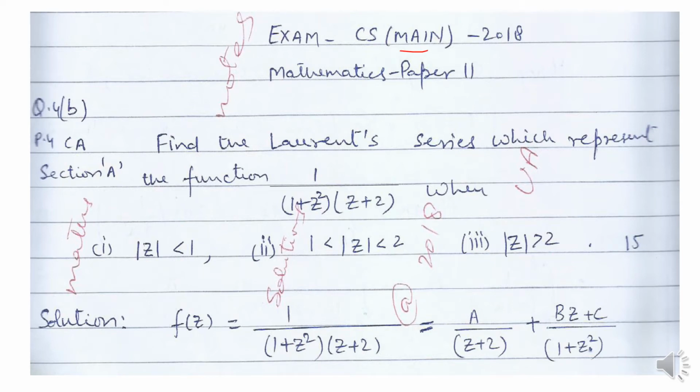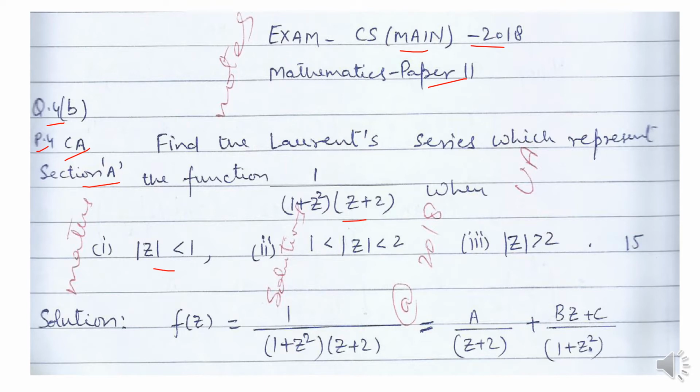Hello viewers, in this video I am discussing CS Main 2018 Mathematics Optional Paper 2 question number 4b of complex analysis or complex variable. This question is from section A and this is page number 4 of the paper. Find the Laurent series which represent the function 1 upon (1 plus z square) into (z plus 2) when there